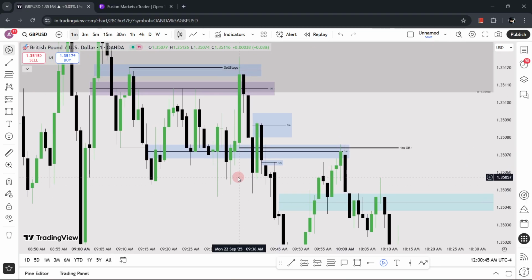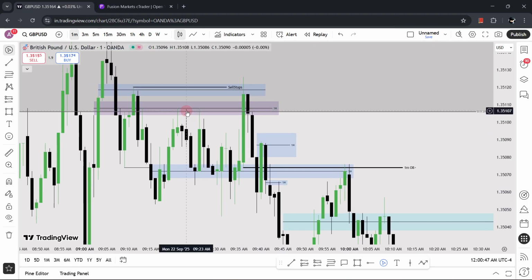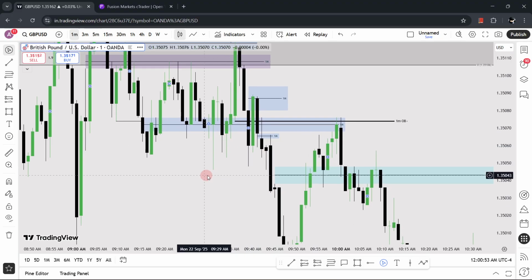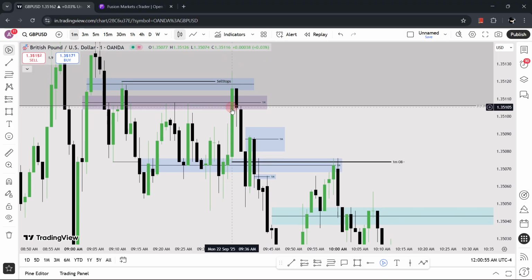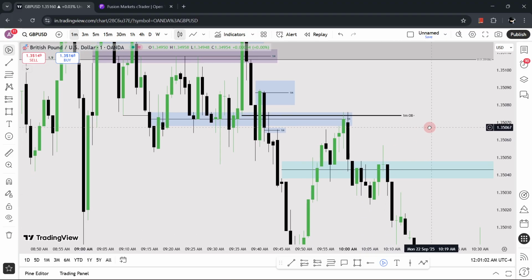So I just tell you to have a look at this. You have a high here, a high here, a higher high here, then a lower low. So what does it mean? This single green candle makes a very short box, right? So after I got stopped out from here,